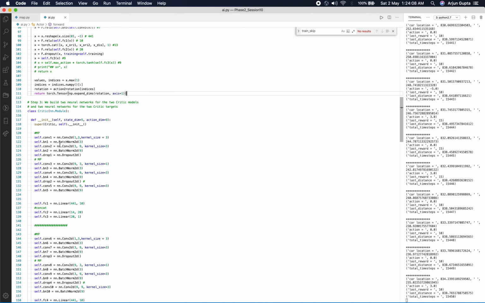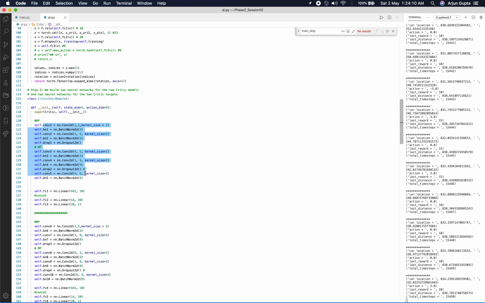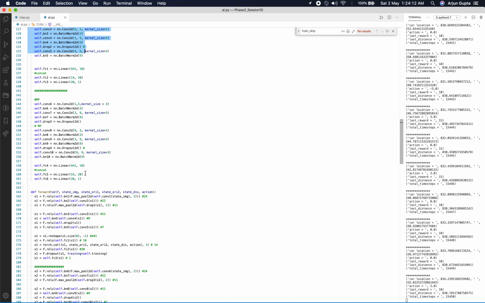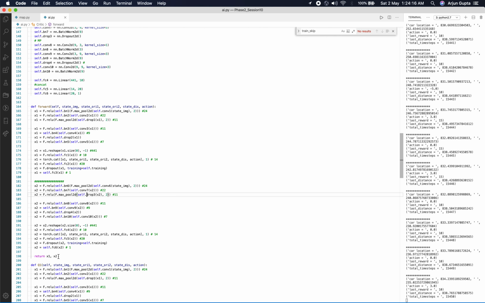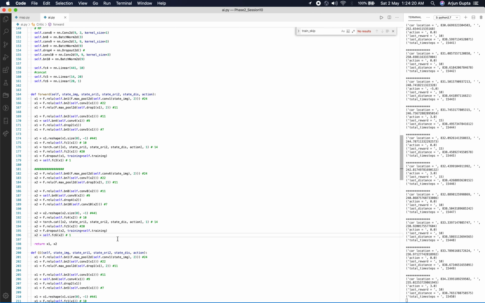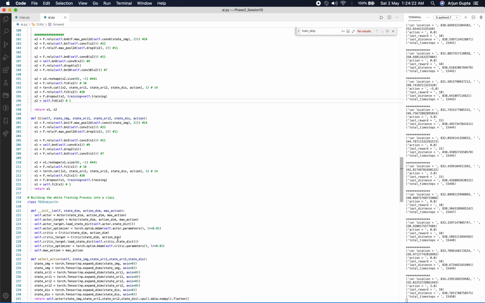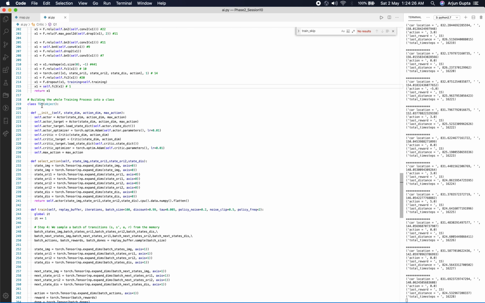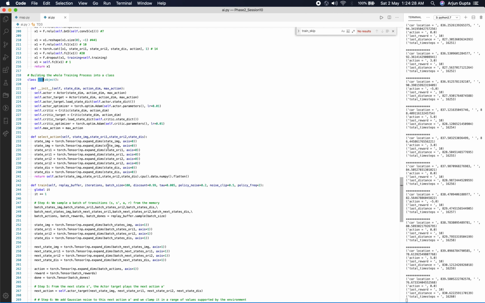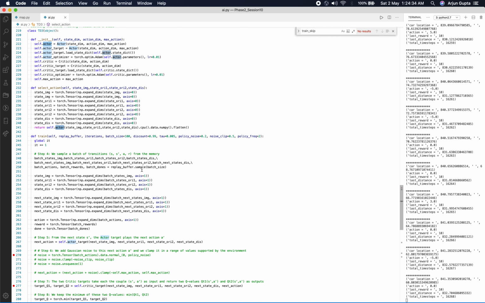And now coming to the critic function, again it has some convolution layers and fully connected layers, and this is the corresponding forward function, and this forward function returns two values x1 and x2, which correspond to two critic values. This is the Q1 function, and this is the main T3D class. So this is the initialization function, and the select action function uses the actor model to give out the action.